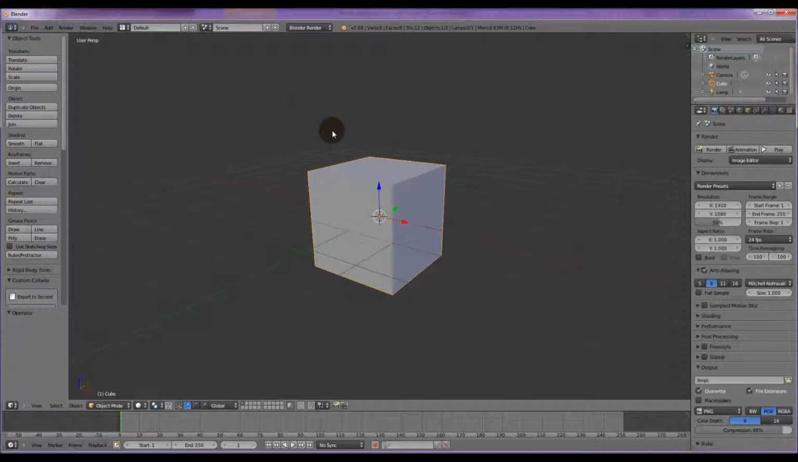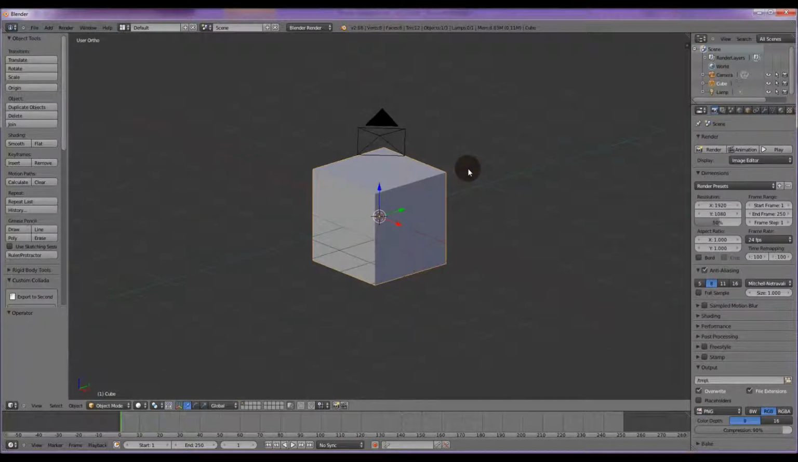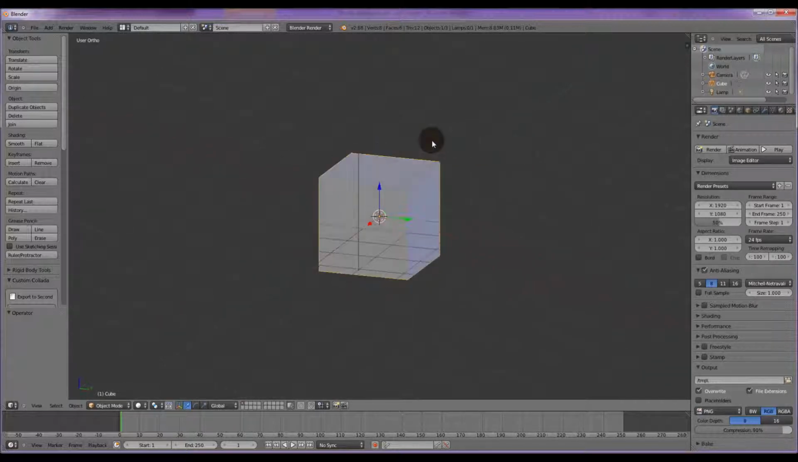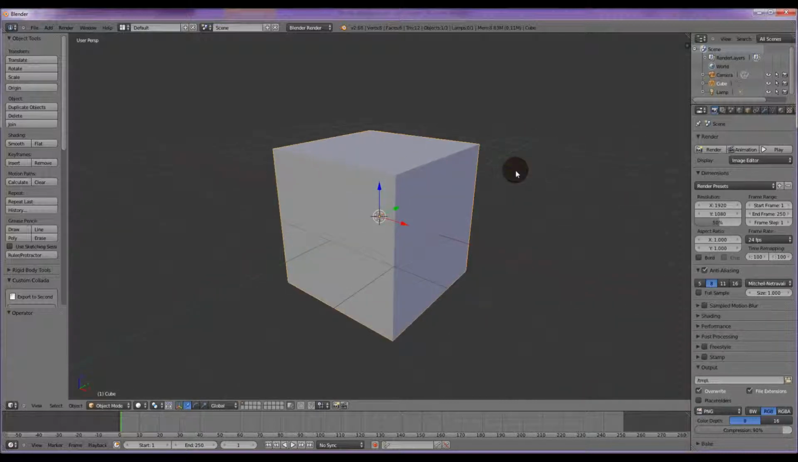Now using the numeric keypad, you can select predetermined views. If you press number 1, you'll get the front perspective view. If you press number 3, you'll get the right perspective view, and if you press 7, you'll get the top view. Pressing 5 switches between perspective mode being on or orthographic off. Depending on what you're working on, alternate between the two to get a better, clearer view of what you're actually